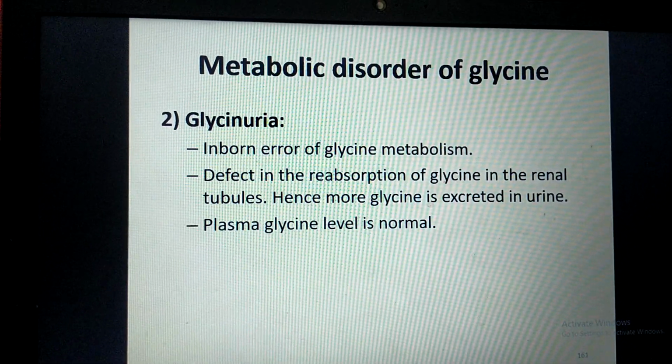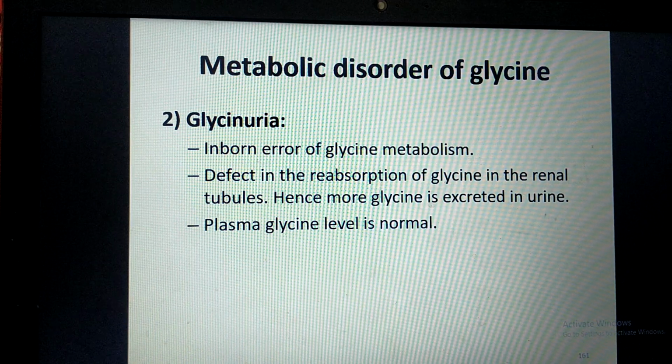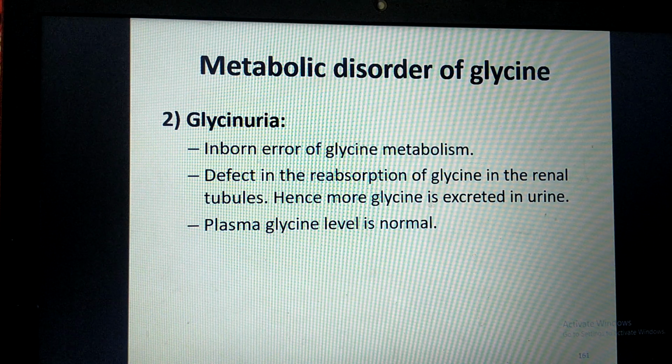Next disorder is glycinuria, an inborn error of glycine metabolism. Here there is a defect in the reabsorption of glycine in the renal tubules. Normally all the amino acids which are filtered through the Bowman's capsule or the glomerulus are reabsorbed back by the tubules, particularly the proximal convoluted tubules. But in this case, the remaining amino acids are reabsorbed, but glycine is not reabsorbed,